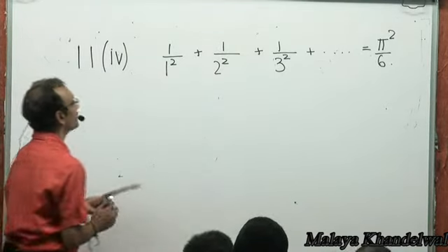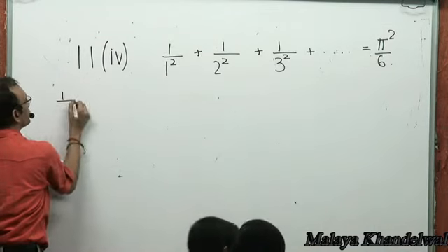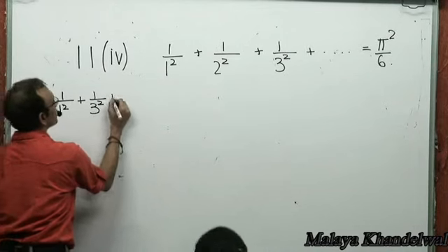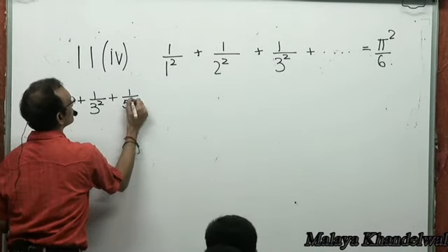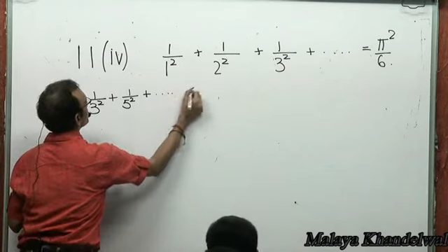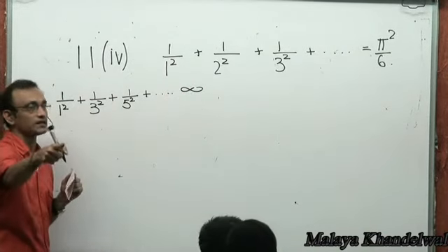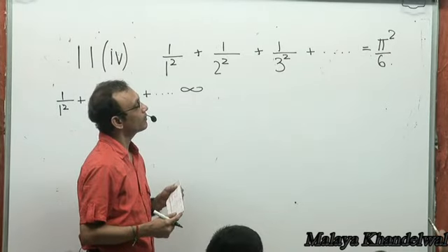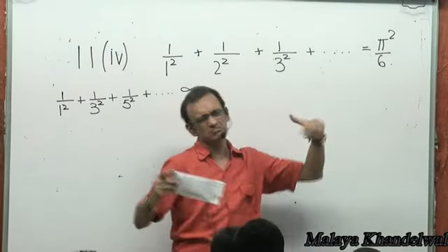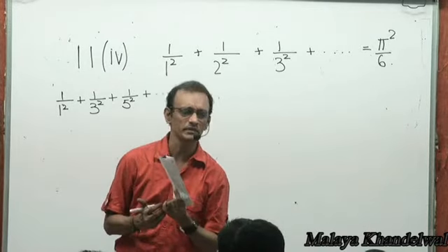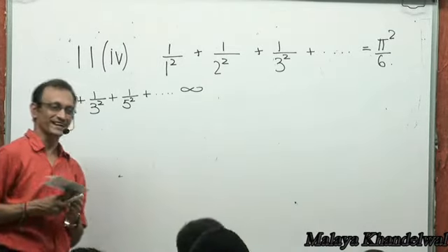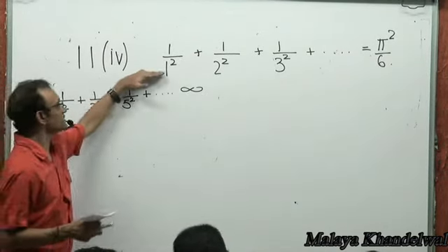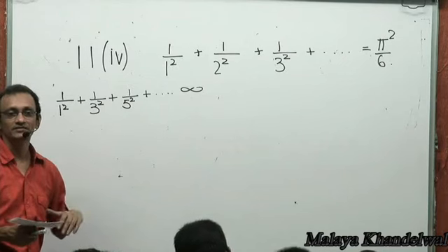You want to be able to find 1 by 1 squared plus 1 by 3 squared plus 1 by 5 squared up to infinity. If I'm not writing anything, it means it goes on forever. Men may come and men may go. Right? So, given this,